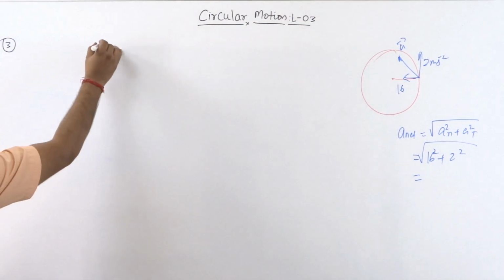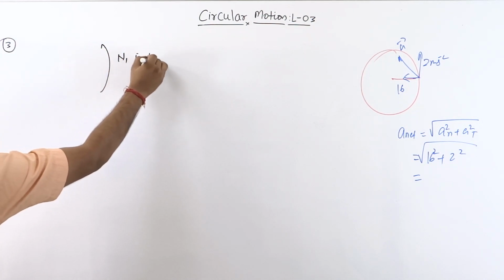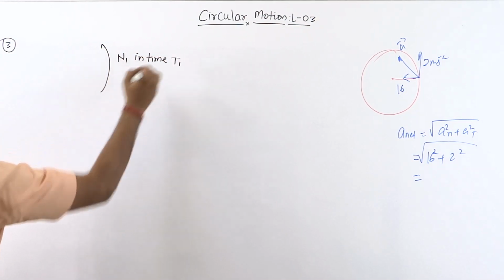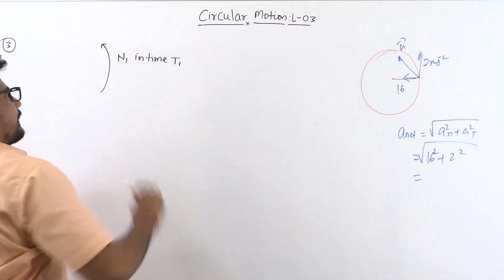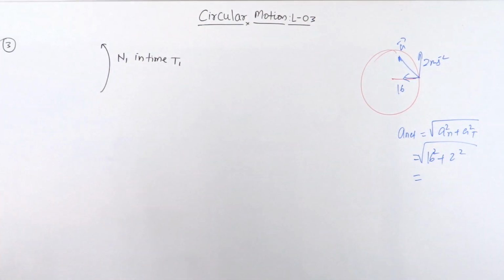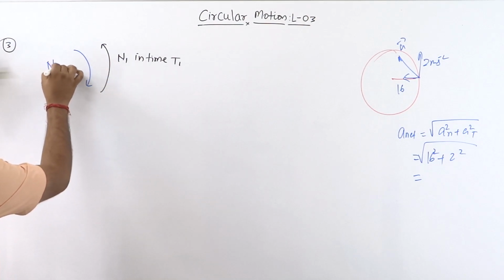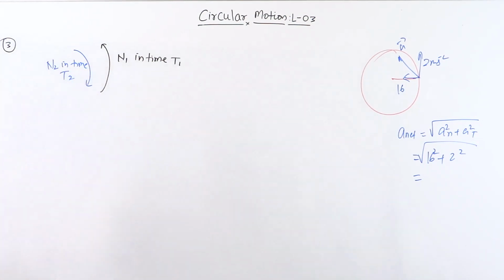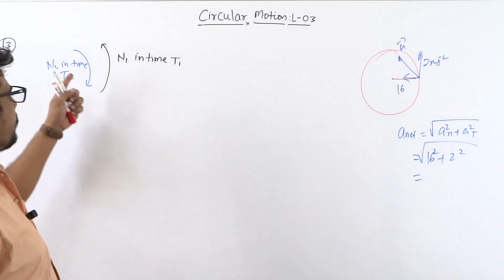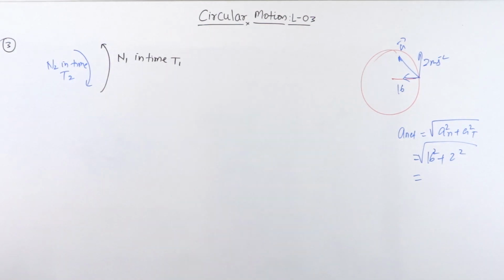Now, number 3 says that let us suppose a body is moving in the anti-clockwise direction. It made n1 number of turns in time t1. एक बॉडी है जो एंटी क्लॉकवाइज में n1 number of turns made in time t1, and at the same time I have another body which made, let's suppose, n2 number of turns in time t2. ऐसा इसने 2 बॉडीज का, और सेम बॉडी मेड n1 टर्न्स इन टाइम t1 और वापस से क्लॉकवाइज n2 नंबर ऑफ टर्न्स इन टाइम t2 उसने बनाया है।